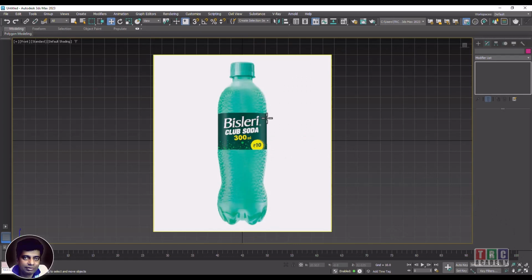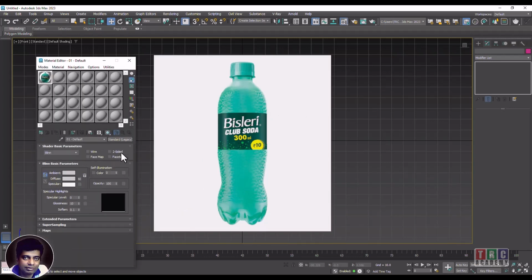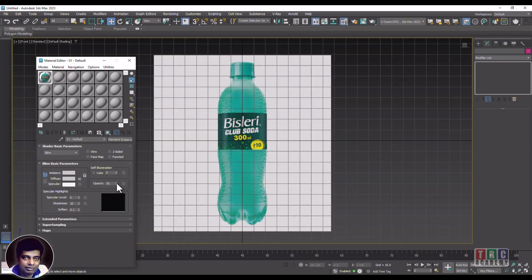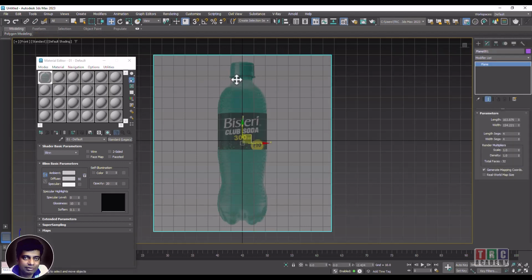So this is a bottle. So now here what I do is again go to material, I'll just go back and I'll reduce opacity of it slightly so that I'll be able to see the line what I'm going to create. Okay, so what I do is I just select this